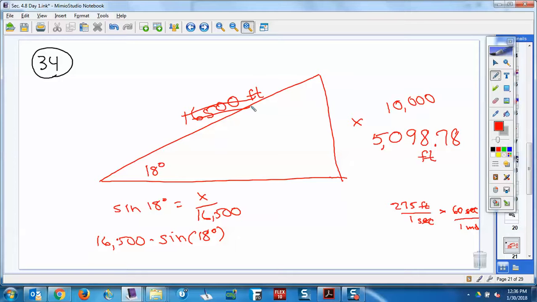So first, how many feet would it take? Okay, and then we can figure out how long because we know it's going 275 feet per second. This was in 1 minute, so we don't know this number anymore. So now we know this is 10,000. Okay, so now we probably should use something other than x, but it's still tangent. So tangent of 18 degrees is 10,000 over,